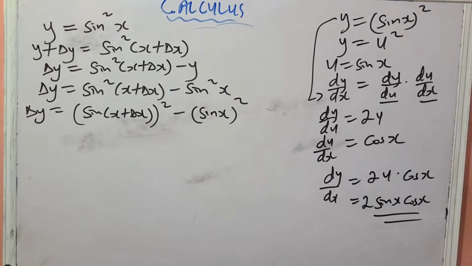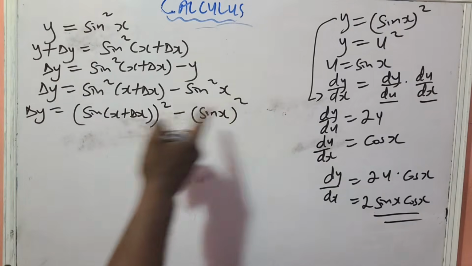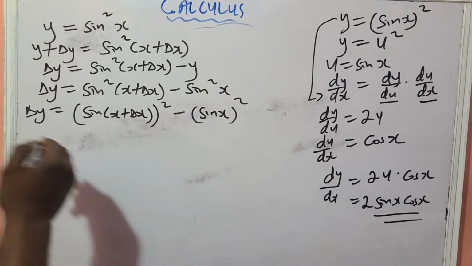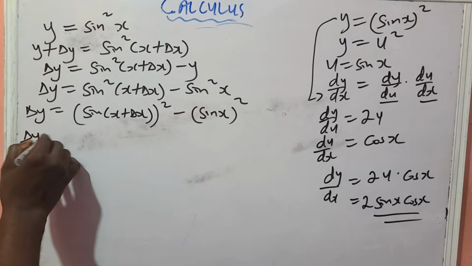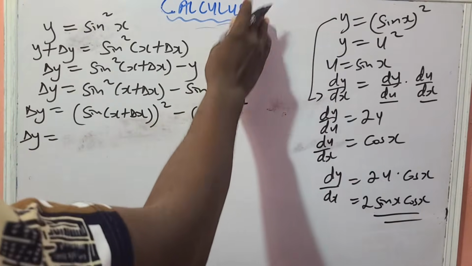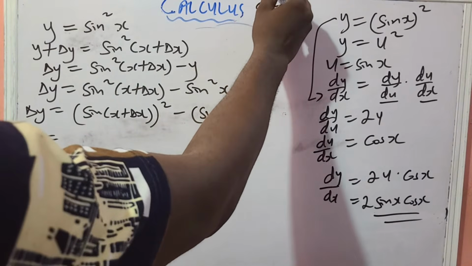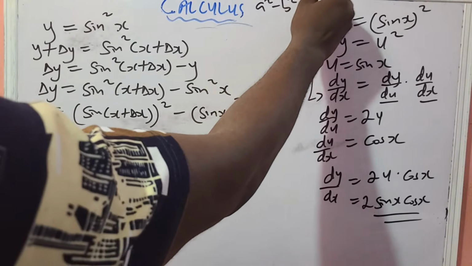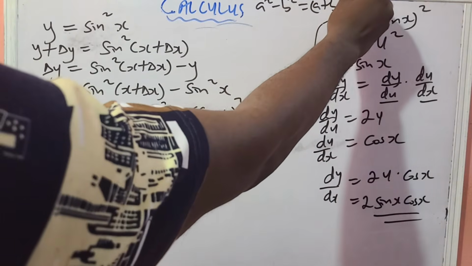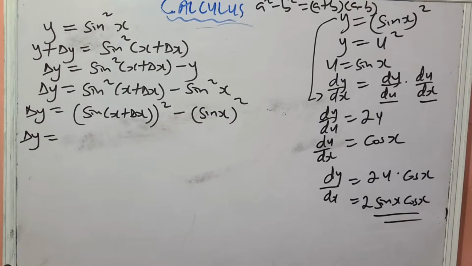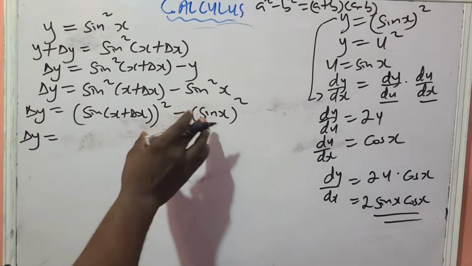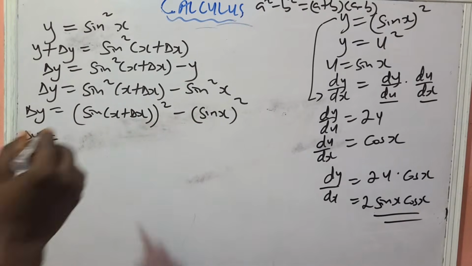So the way you do this, obviously, is for you to go on to apply the difference of two squares formula, which will be change in y is equals to, if you remember, just let me write it here for you. A square minus b square is equals to a plus b and a minus b. All right, that is default when dealing with algebra, right? So that means in this case now, you'll be having